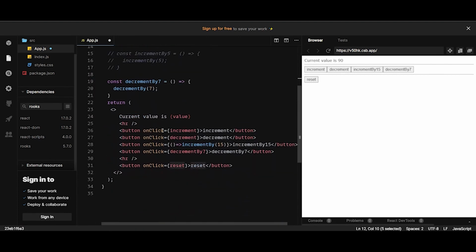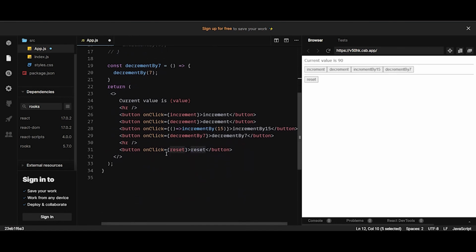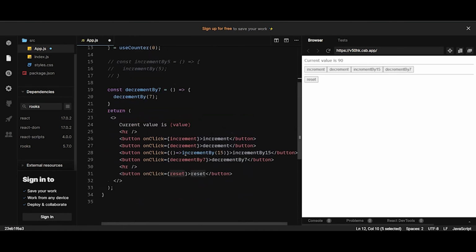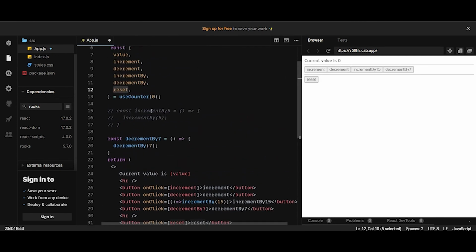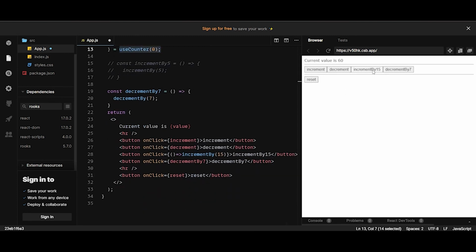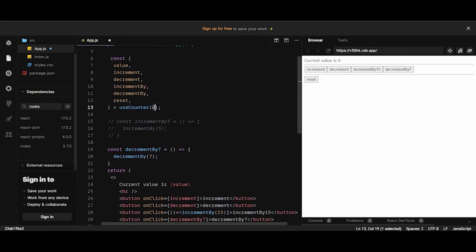The last value we get is reset. With reset, you can reset the value. You just have to pass this to the onClick function. When you click on reset, the value gets reset to the value we passed as the default value to useCounter. You can do it many times. If you increment by 15 and decrement by 7, then click on reset, it just resets to the default value. If you pass the default value as 15,